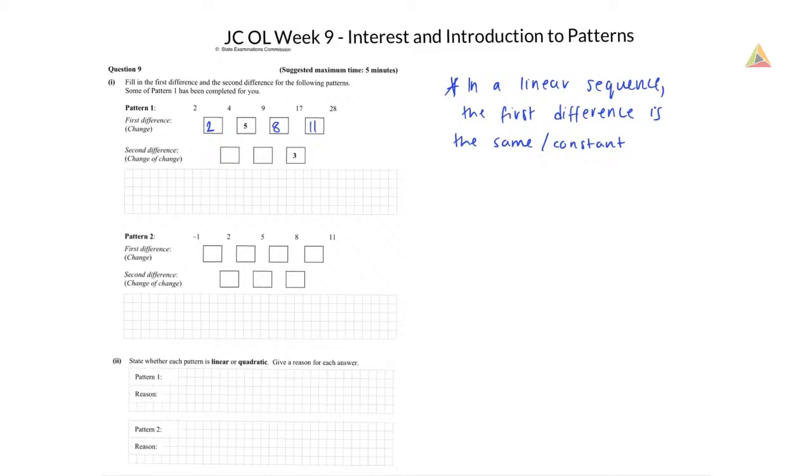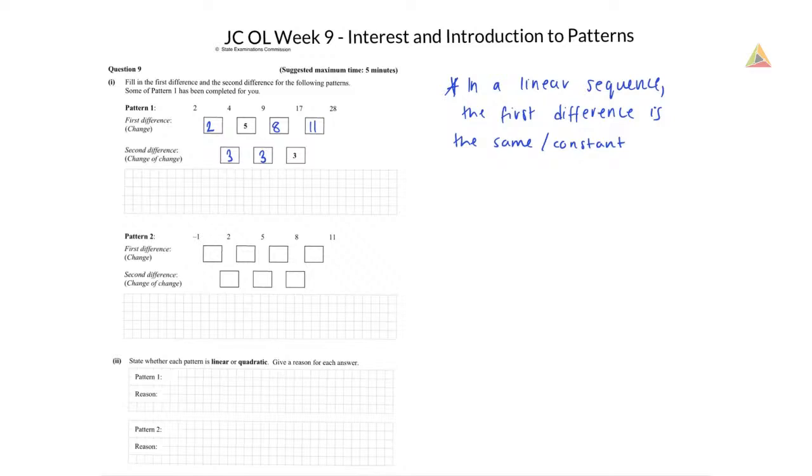Okay, let's look at the second difference now. So what's the difference between 2 and 5? How do you get from 2 to 5? So you're adding 3. How do you get from 5 to 8? You add 3. And the third one is done there. How do you get from 8 to 11? You add 3. So you will notice that the second difference is the same, which means that that must be